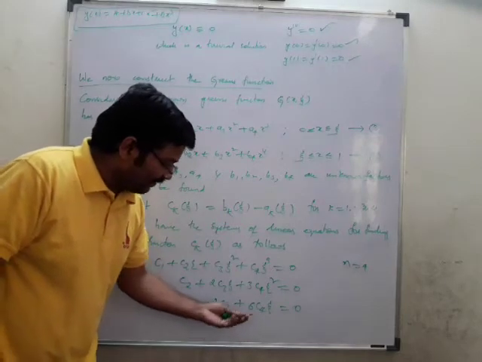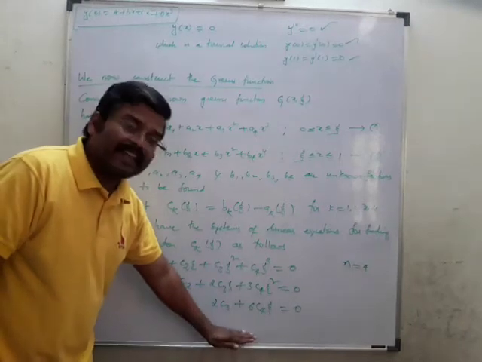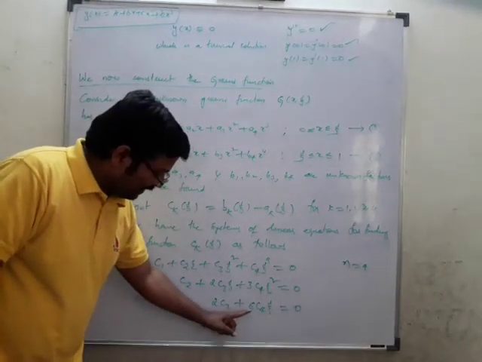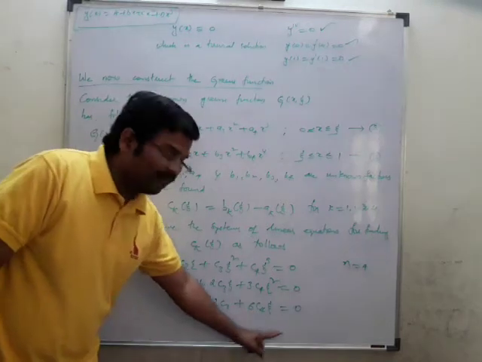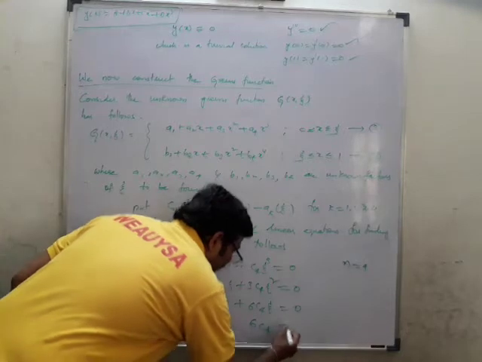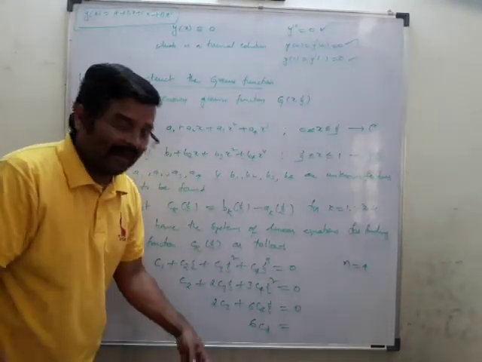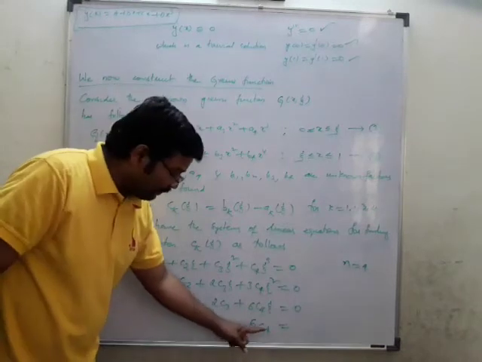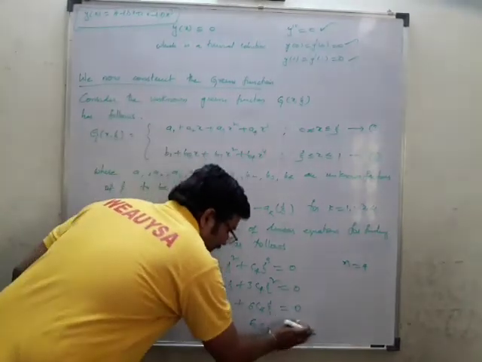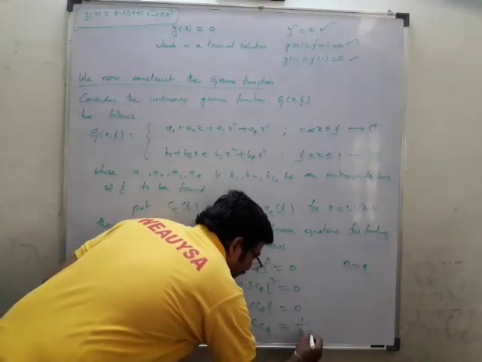Up to here it is continuous. Then the next step will be discontinuous. That is called the n minus 1th step. That is 6c4 equal to 0, but this is a jump discontinuity. After this there will be no value if you differentiate again. So what we are supposed to take here, according to the definition or property, is 1 by p naught of xi.